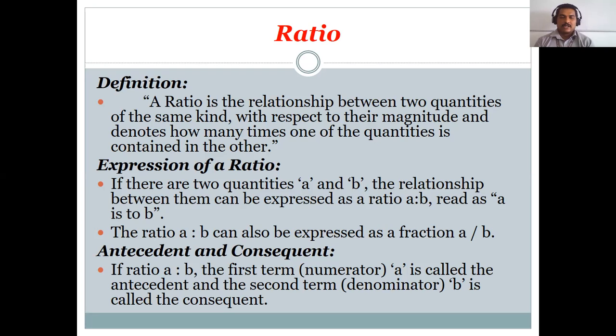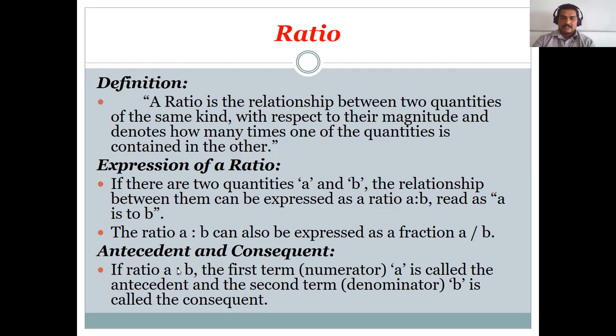For example, you can compare the age of person A and person B, that means we can compare the ages, we can compare the heights, but we cannot compare the age and height in a single ratio. That's the concept of ratio, that we can compare in proportions. In a ratio, we cannot compare two different quantities. Ratio is denoted by the term A is to B. So A is to B is the denotation of a ratio.